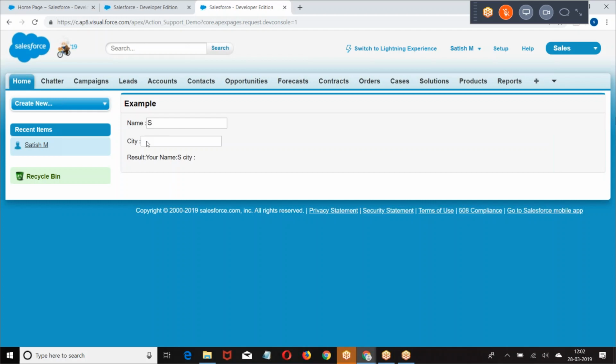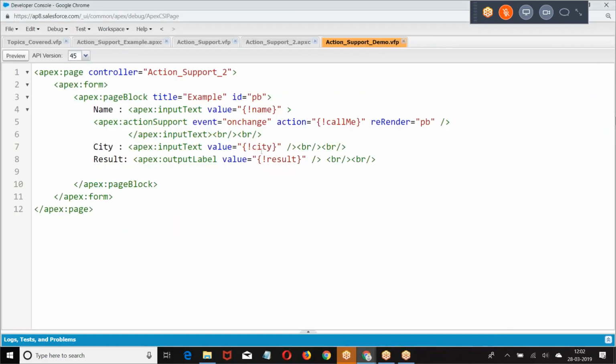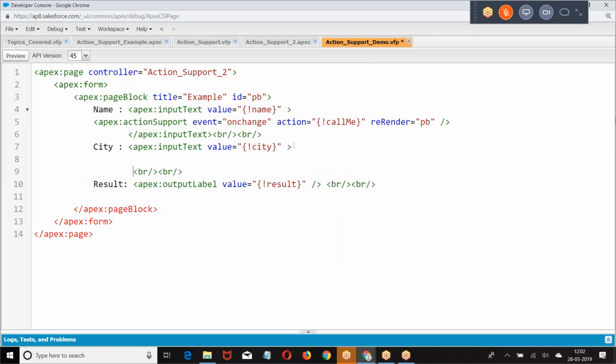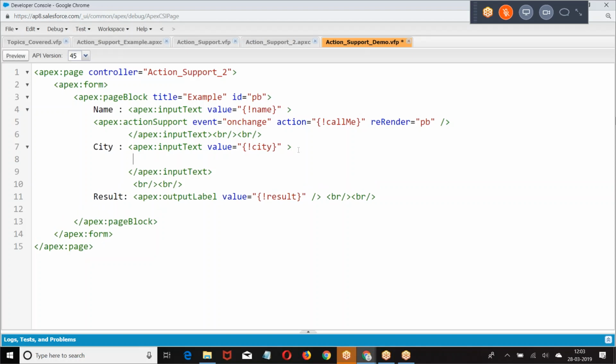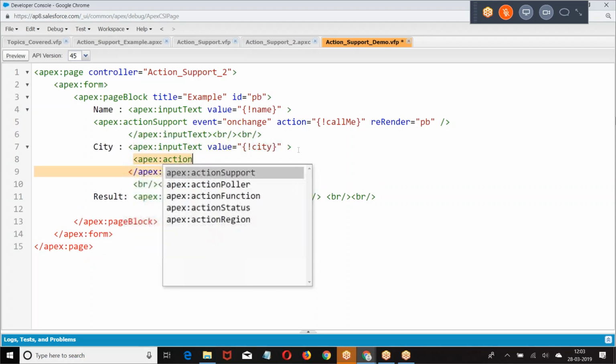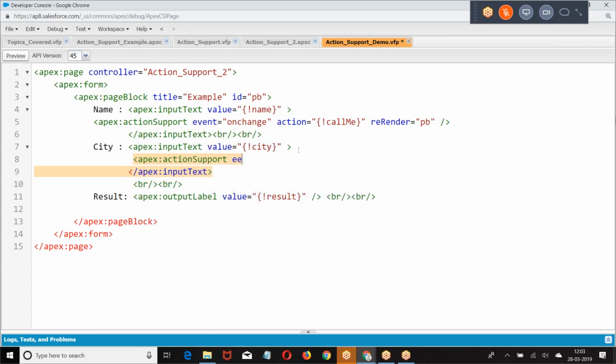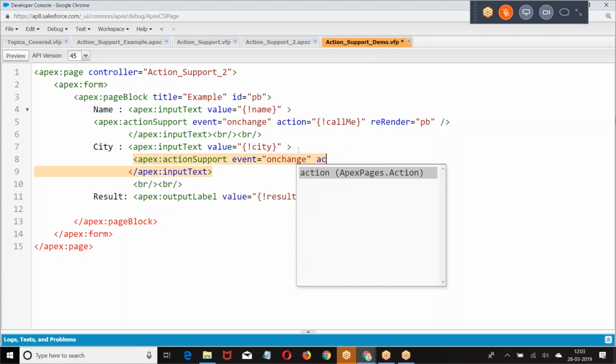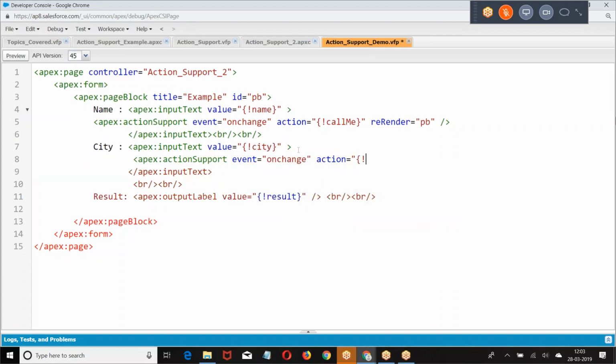Now even on this I want to perform on a second element. Then how will I do it? Change, action.